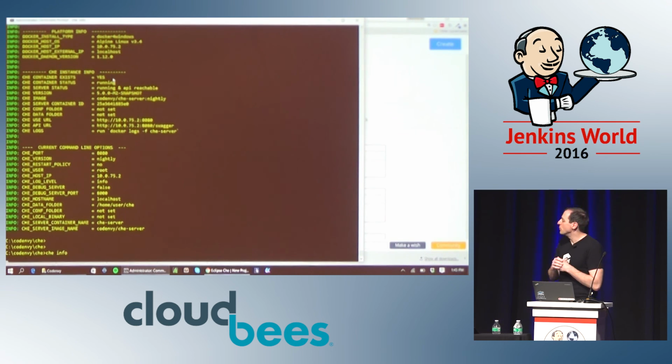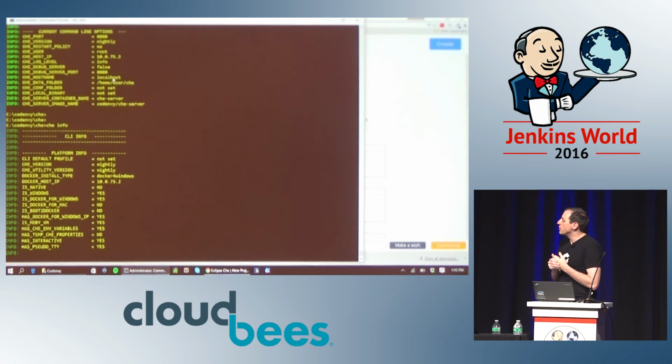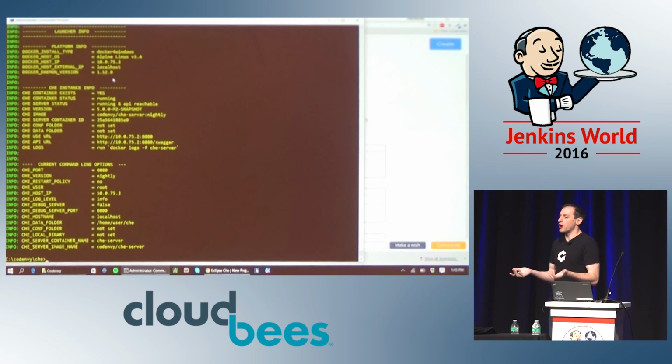I've got this Che server running. I can do a Che info. The only prerequisite for having Che is you just need Docker installed. That's it. And so you get Docker installed, and then everything we provide is provided as containers. So you run the Che server as a Docker container. The CLI is a Docker container. Everything's a Docker container. We've got like 20 or 30 containers, and we use containers as kind of micro utilities